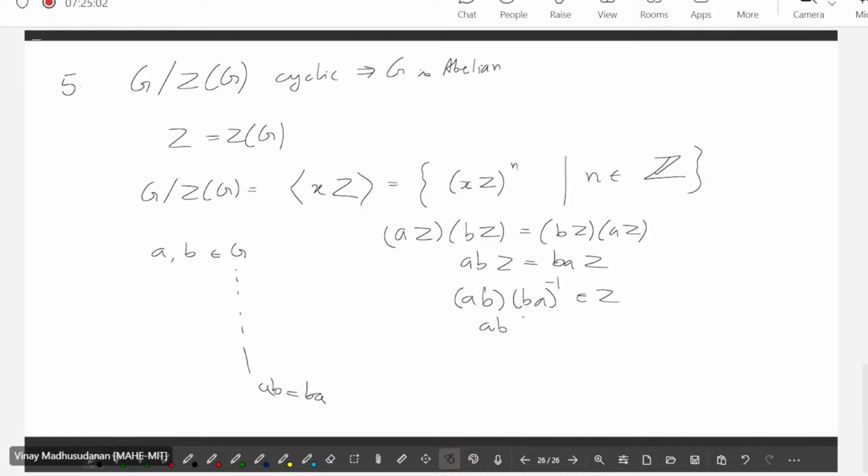That means A B A inverse B inverse is equal to some small z in Z, in terms of elements. Then